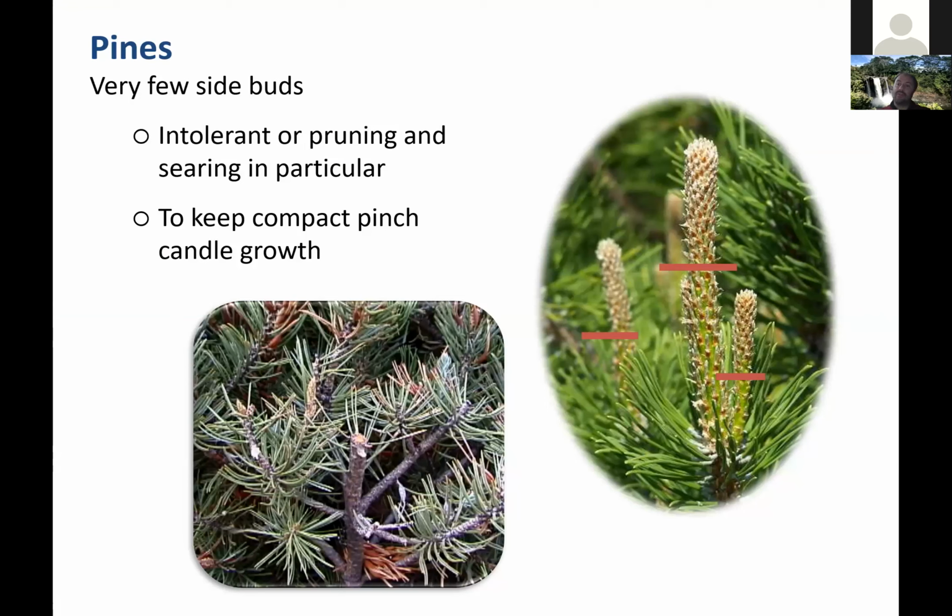Instead, with pines, what we do is pinching. Pinching is done when the new candle growth is happening in the spring. So it's a time right about now or within the next few weeks. The new growth is elongating. We grab that new growth and we pinch off the tip. You still get buds developing behind where you pinch, so you don't create a hole. So that's good, and you reduce the growth of the plant significantly. If you've got a mugo pine that's too big, by an entryway or a sidewalk, every spring you can just spend a quick 5-10 minutes going through and pinching all the new growth off halfway down or something like that. It does not take very long.